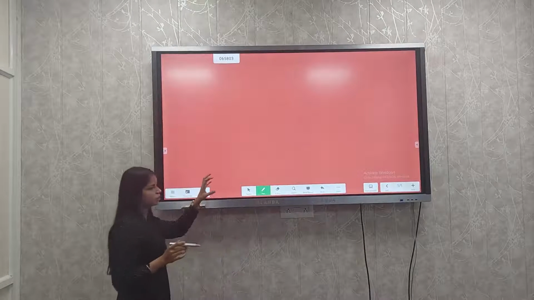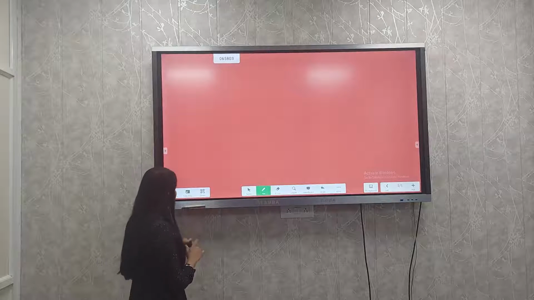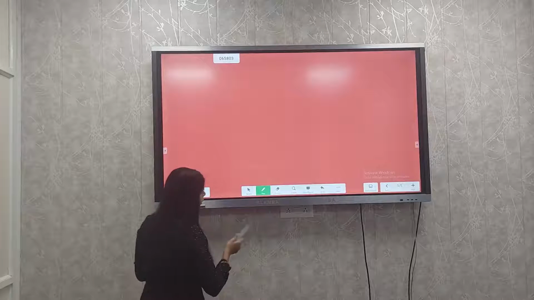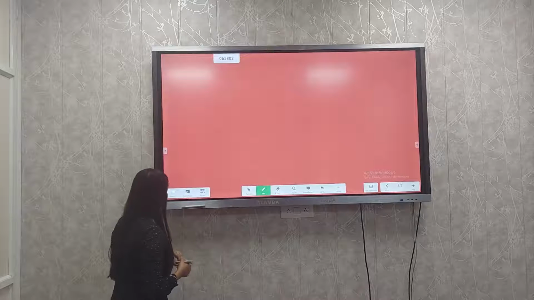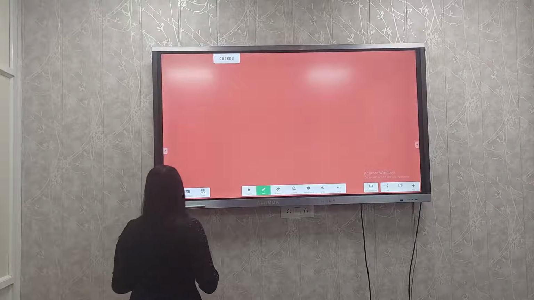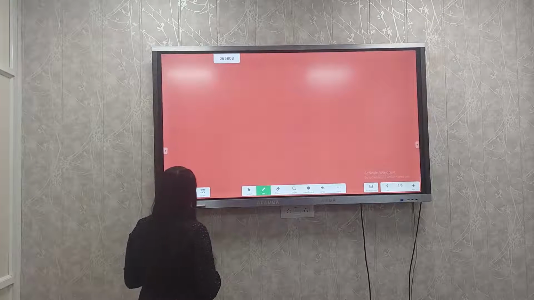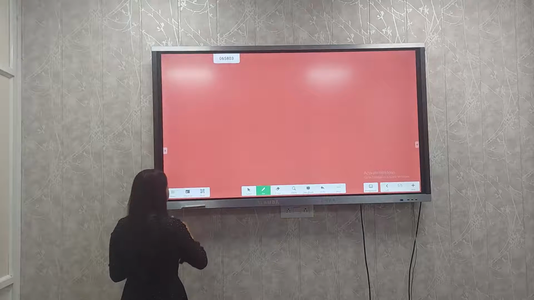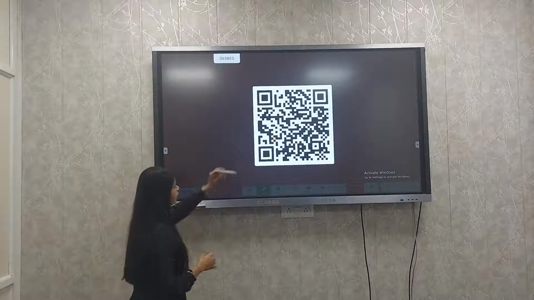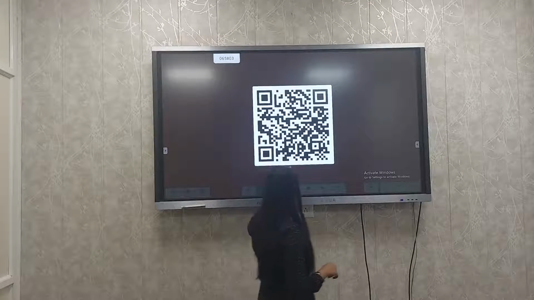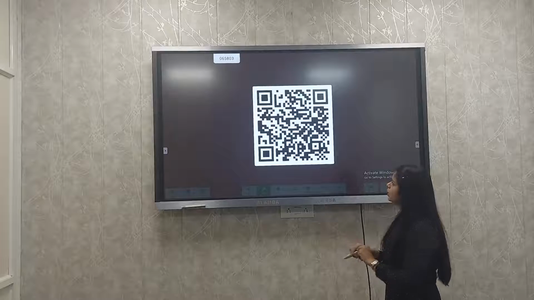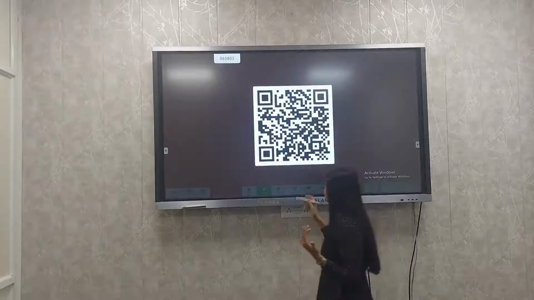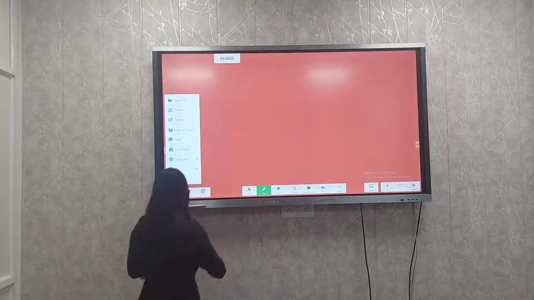I want to copy this slide to my phone. Then just click on share. You will get a QR code on the screen. It's going to take some time though. You can scan this code on Google Scan, or if you have any other scanner on your phone, just scan it. This whole file is displayed on your phone as well. Then you can save it on your phone. And then just exit.